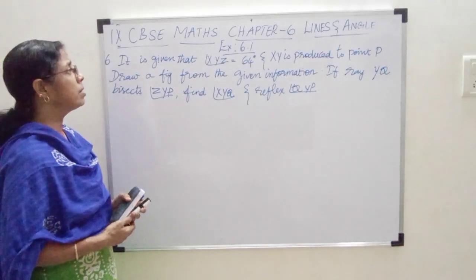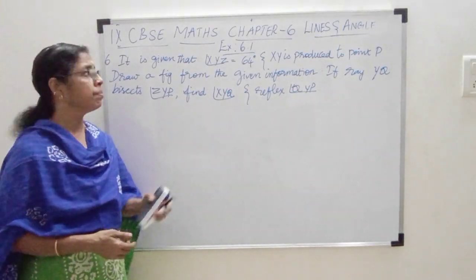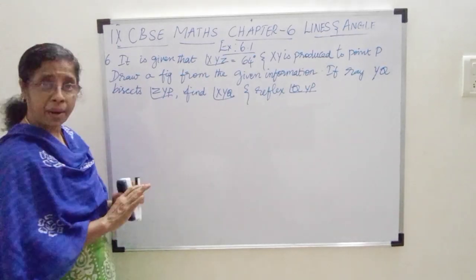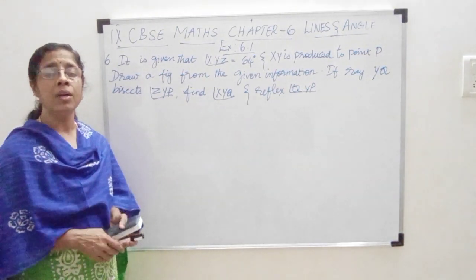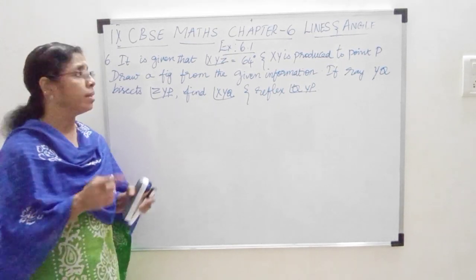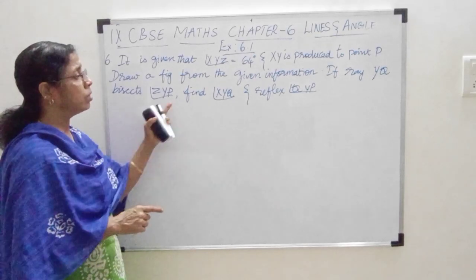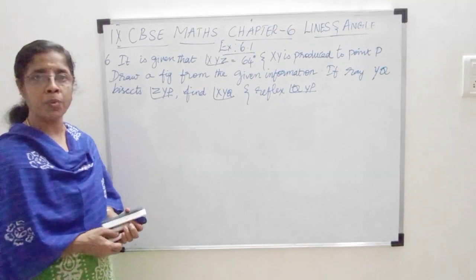நம்ம 9th CBSE chapter 6 பார்த்துட்டு இருக்கோம். exercise 6.1ல லாஸ்ட் சம் வந்துட்டோம். இங்க வந்து படமே கொடுக்கல. They didn't give the figure. You are supposed to draw the figure and then from the given information we have to find out the two angles. Okay, shall we move on to that?